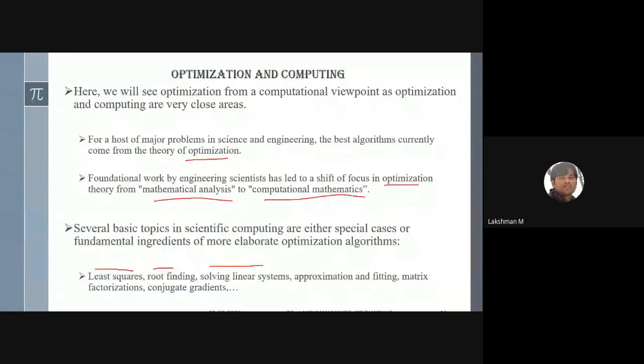It is not because of solvability, it might be because of memory, because if you want to find the inverse of a very big matrix, definitely it will consume a lot of space. Approximation and fitting, matrix factorization, conjugate gradient: all these are fields where you need to apply optimization algorithms.